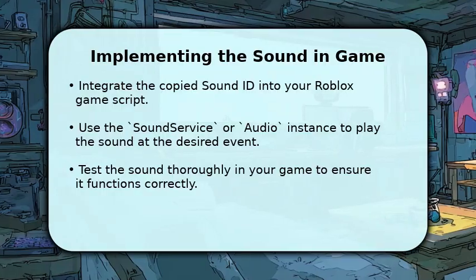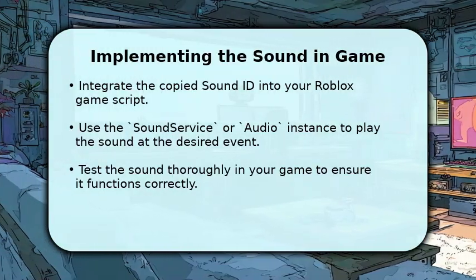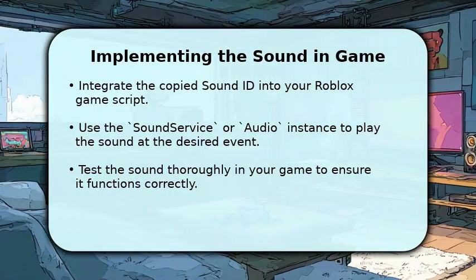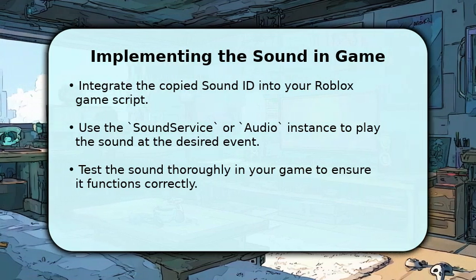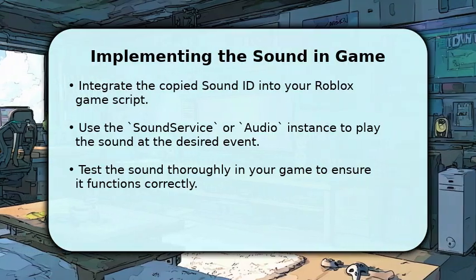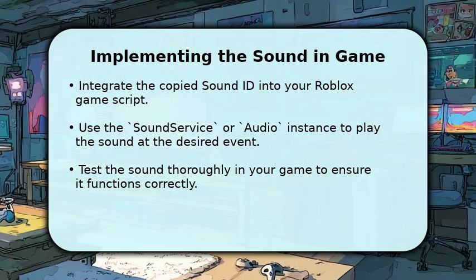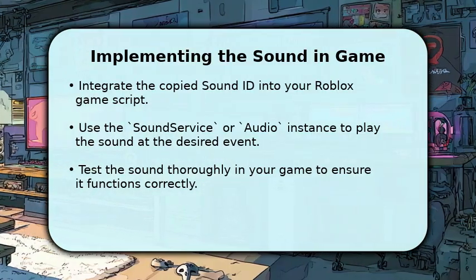With your unique sound ID in hand, the next step is to implement it within your Roblox game. You'll typically use a script to play the sound when a specific event occurs, such as a player being eliminated. Utilize Roblox's sound service or an audio instance, setting its sound ID property to your copied ID. Remember to test your game extensively to confirm the kill sound plays exactly as intended, ensuring a polished and engaging